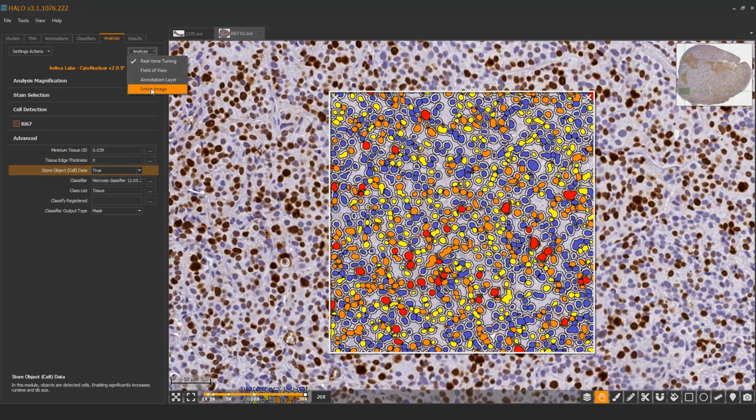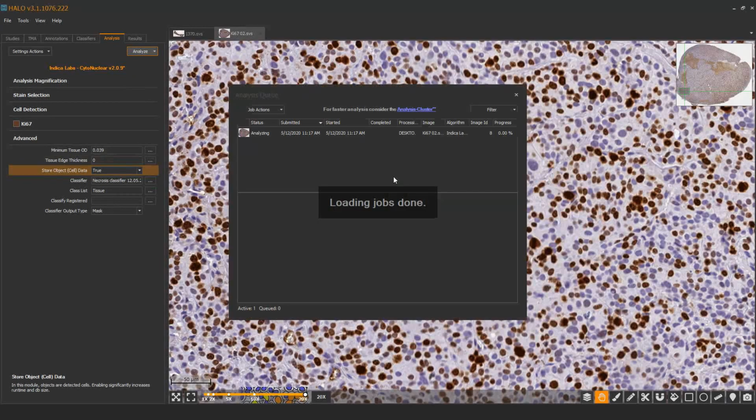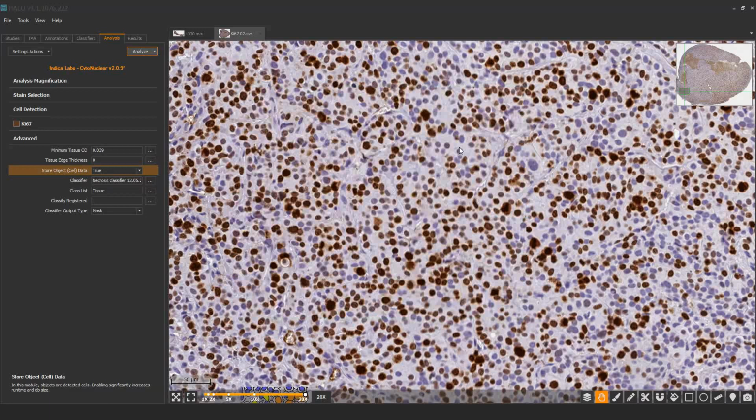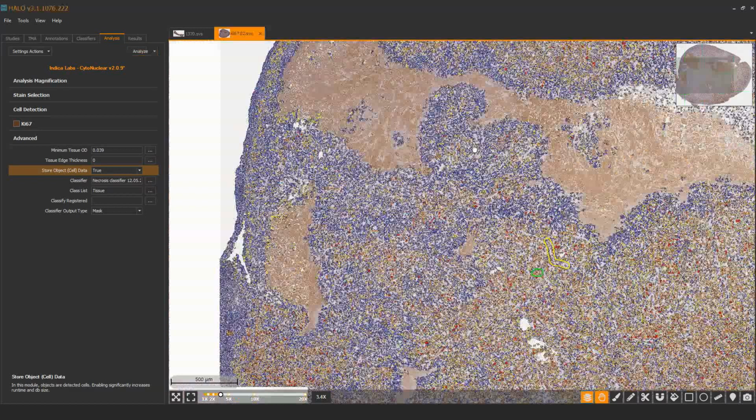So if I just quickly select entire image, and we should see the Halo analysis queue open. It will start by processing the classification of the image, and then it will move on to, well, it was just a little bit too quick in that one. If you do larger images, it'll take longer and you'll see a progress bar, but this is a bit too quick to show them. Okay, so the markup image now is covering the entire section, and